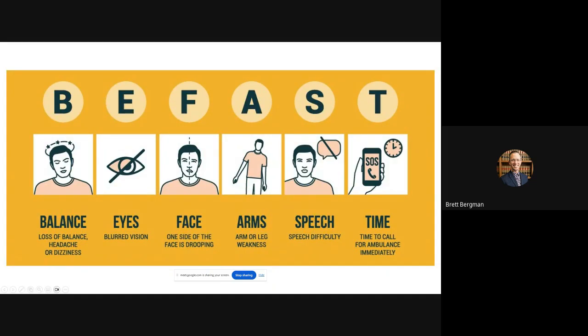This is another very common mnemonic, BE FAST, but they're really all saying the same things. What I like about this one is that it also highlights that you may have loss of balance or gait. Their gait is off. And then obviously, we're all very familiar with one side face droop or unilateral arm or leg weakness. Those are certainly very concerning signs for us to see as patrollers.